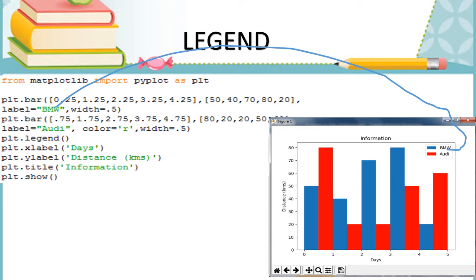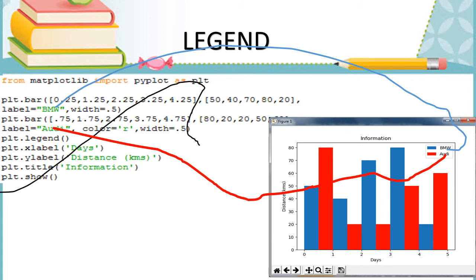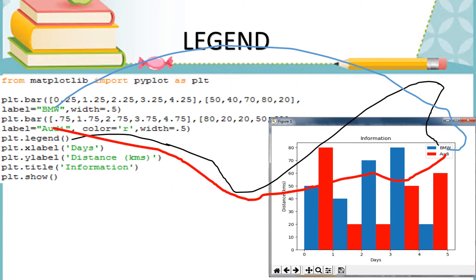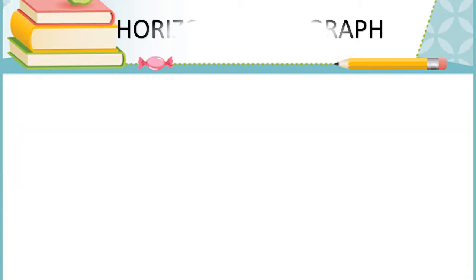It represents the blue color, and the second bar represents the red color, and its name is Ari. So if you want to show the legend in the top corner, we have to use the legend. Suppose you want to change to another position, you can use the attribute loc, like in the line plot in the previous video. You can give loc equal to a number, or top left or bottom as a string, to place the legend in the graph.